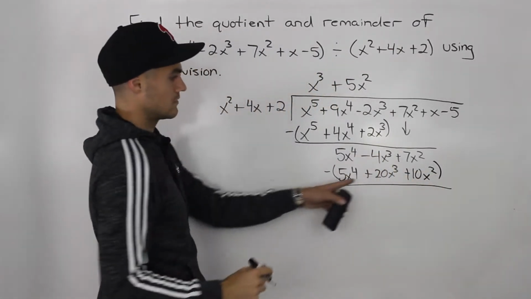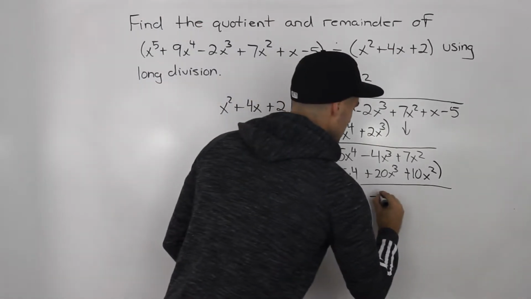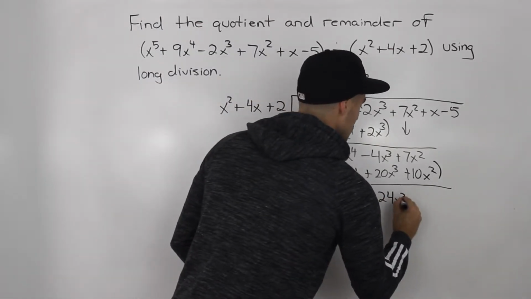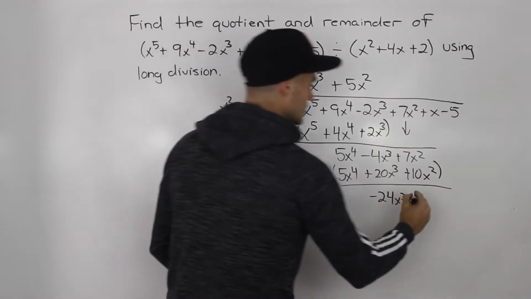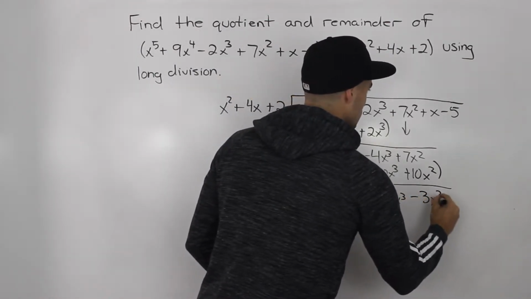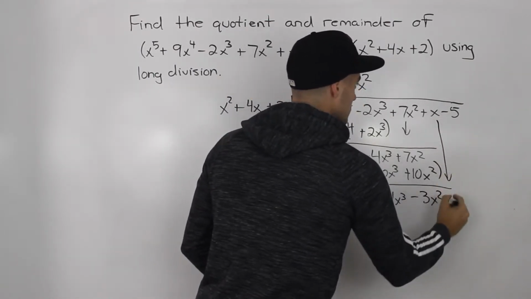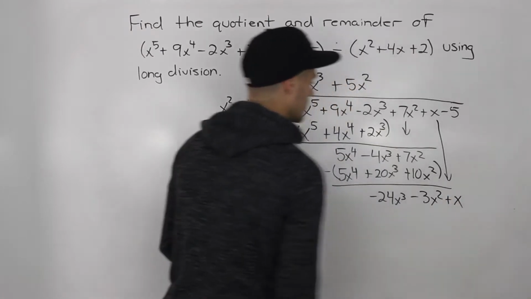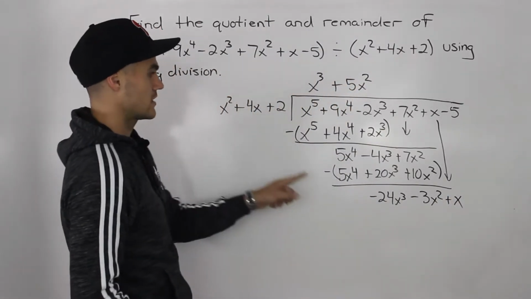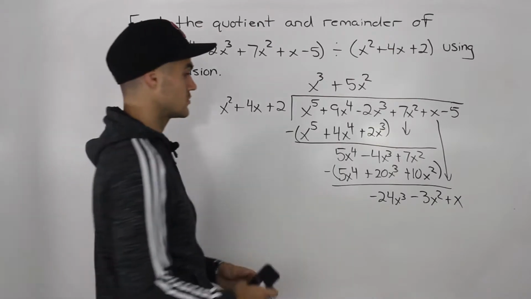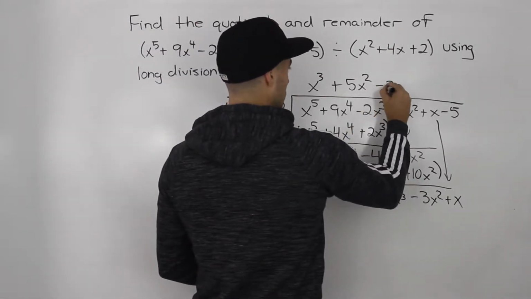So negative 4x cubed minus 20x cubed gives us negative 24x cubed. 7x squared minus 10x squared gives us negative 3x squared. And then let's bring this positive x down here. So how many times does x squared go into negative 24x cubed? Well, negative 24x